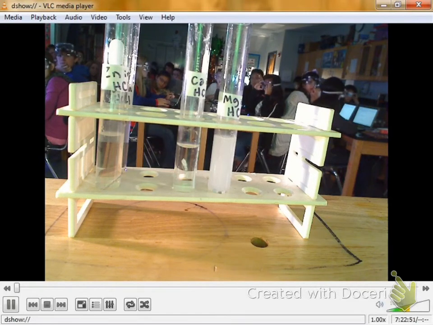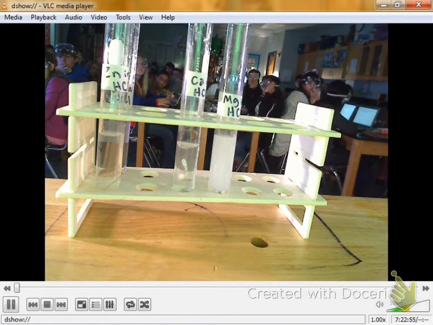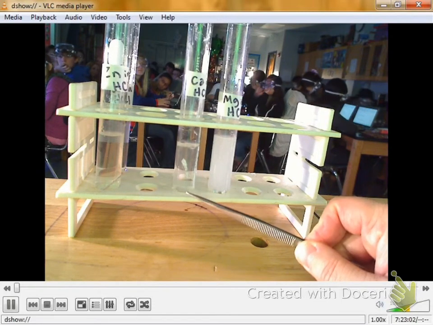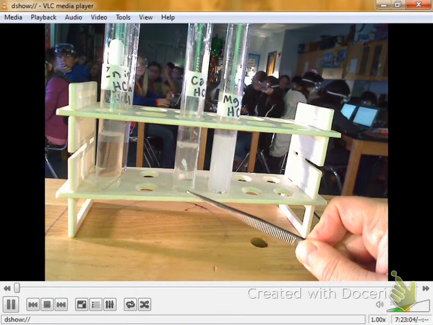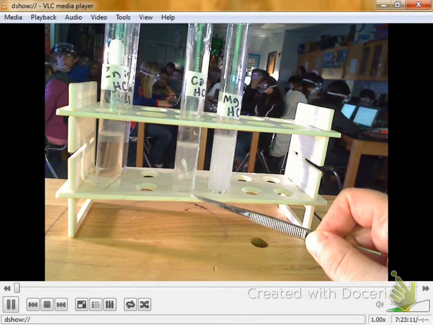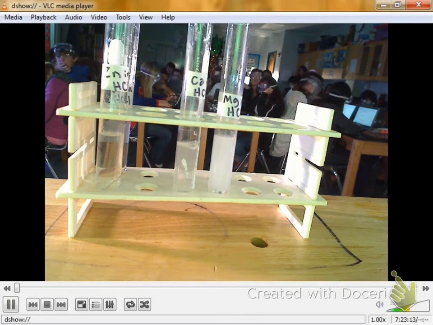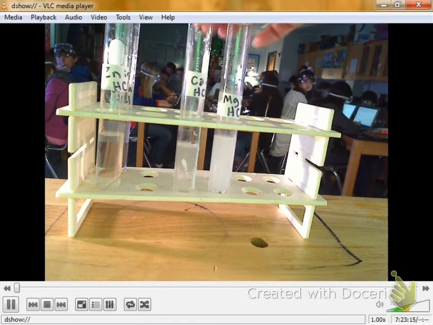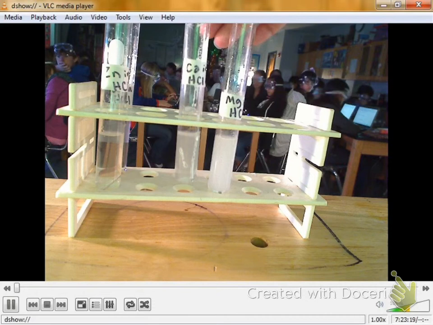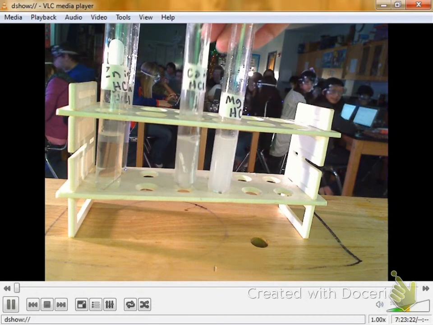When I put the calcium in the hydrochloric acid, oh boy, you can see it kind of bouncing around down here. He's kind of hard to see down there because of the bend in the glass.